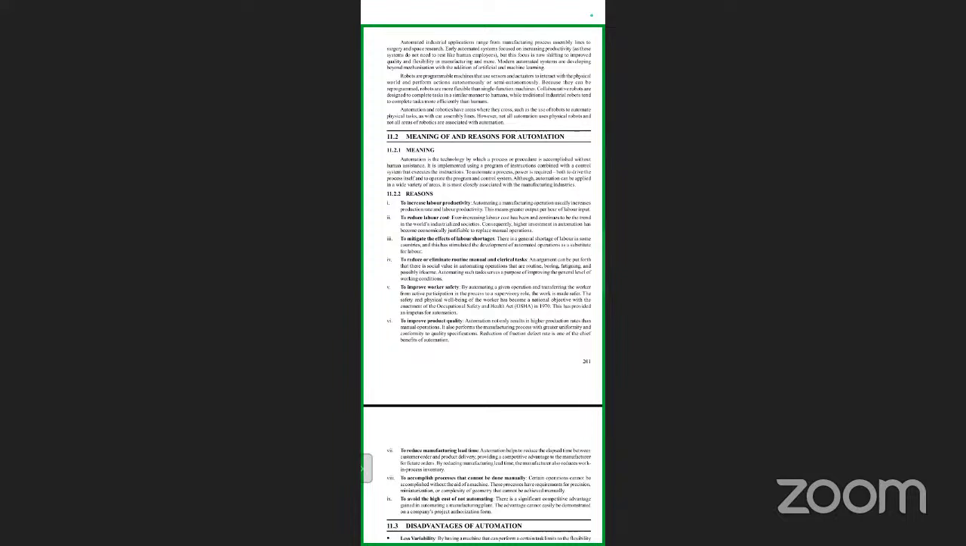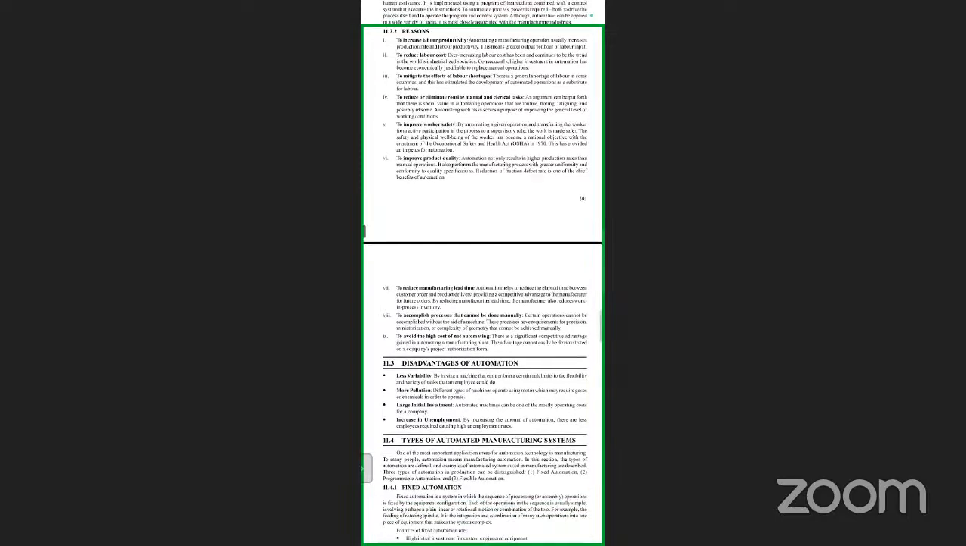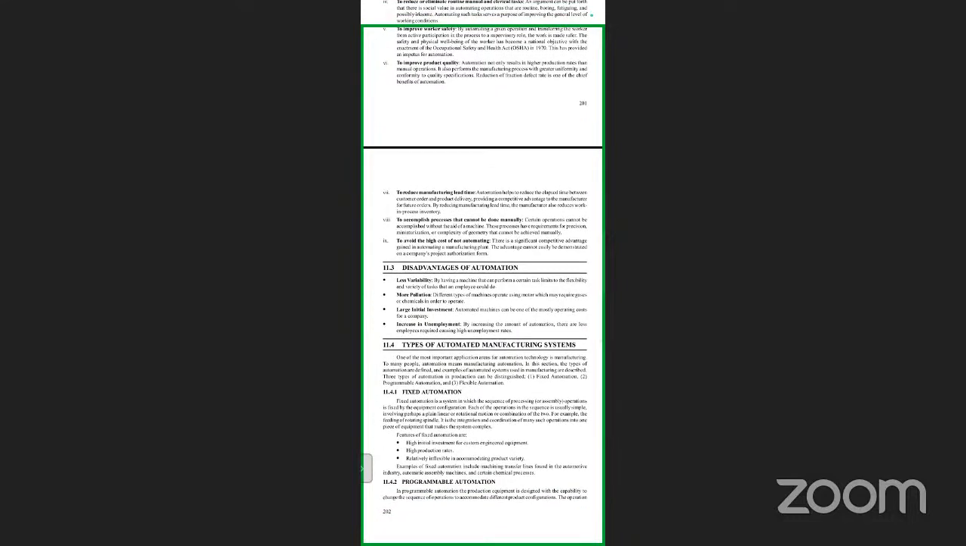And to mitigate the effects of labor shortages, to solve the problem of labor shortage, as well as to reduce or eliminate routine, manual, and clerical tasks, to improve worker safety, to improve product quality, to reduce manufacturing lead time, to accomplish processes that cannot be done manually, and to avoid the high cost of not automating. And when you talk about the disadvantages of automation, we have less variability,